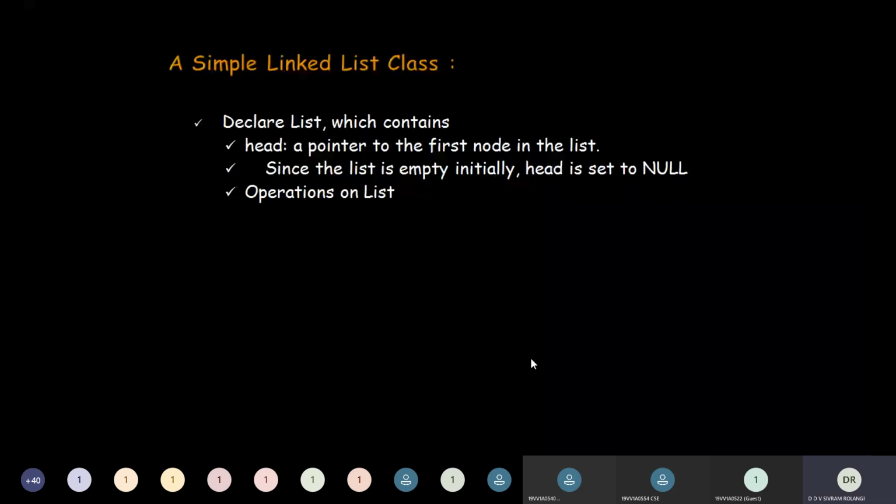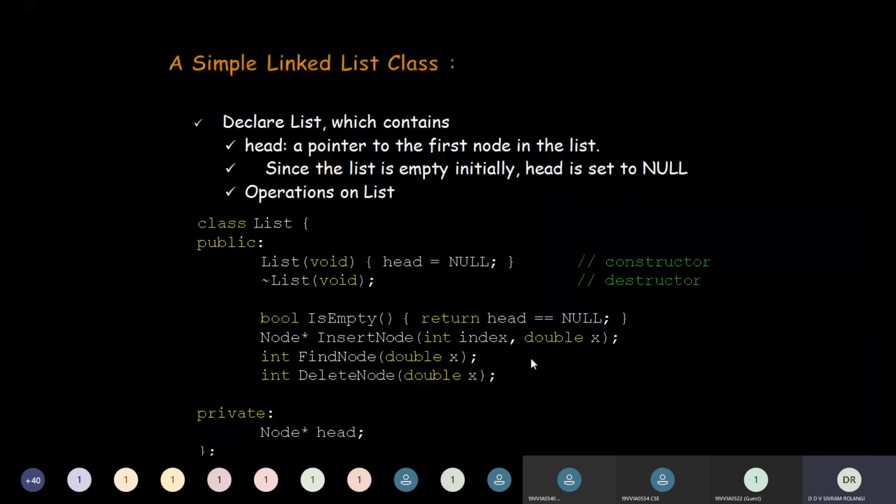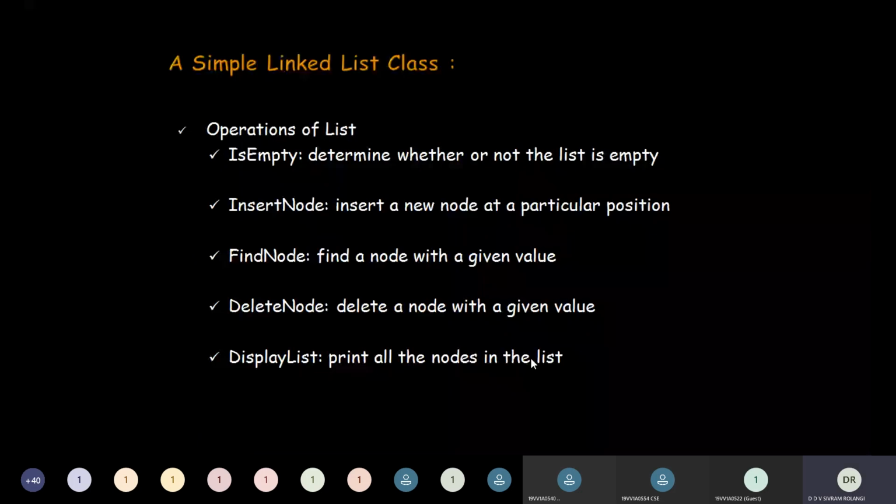You can see here, these are the operations that we can perform on a linked list. You can do plenty of operations, but only a few primitive ones are shown here. One such operation is isEmpty. The isEmpty operation is primarily a Boolean operation. It determines whether or not the list is empty. It's very simple. If you want to probe whether the list is empty or not, you have to call the isEmpty function.